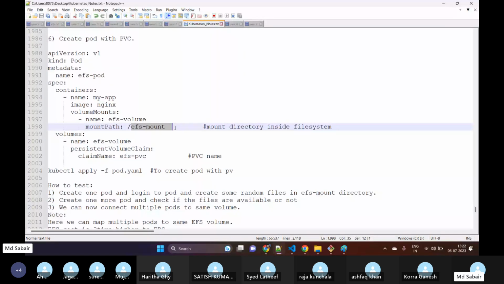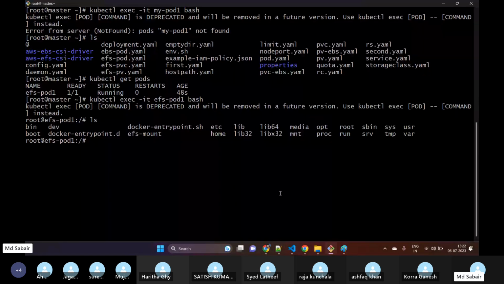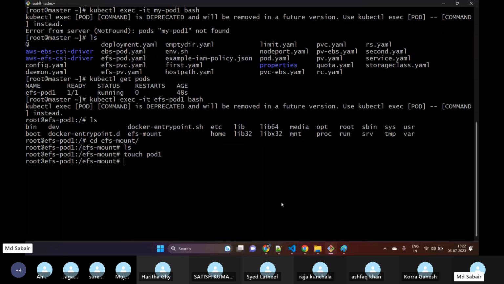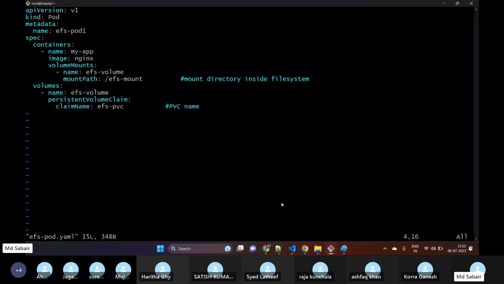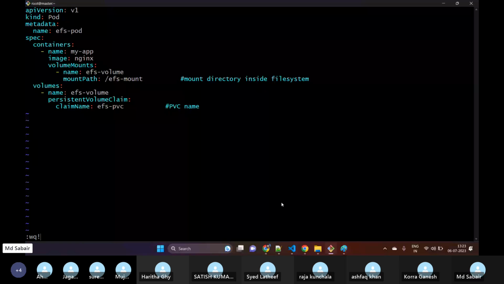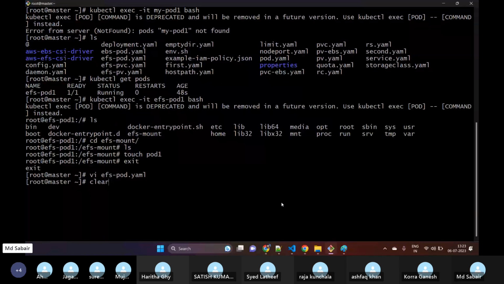Okay, so now inside this directory what I will do is I can store any configurations, for example touch pod 1. So this is my pod name, right? So I'm just creating one file called pod 1. So I have exited. So now let me try to create one more pod. This time the pod name will be pod 2. Okay, and the remaining details will be same. So if I'm trying to execute my YAML,